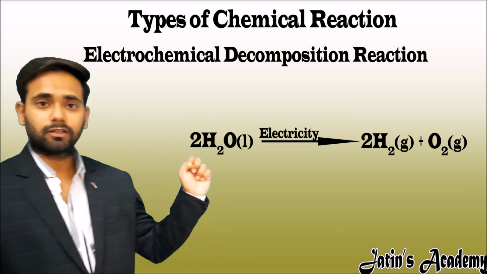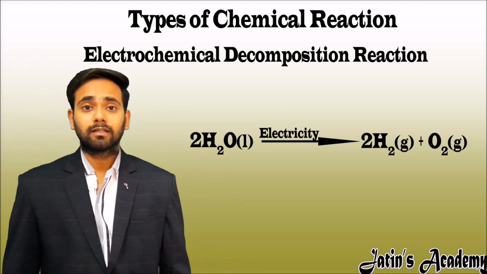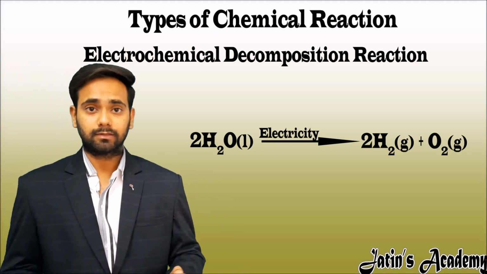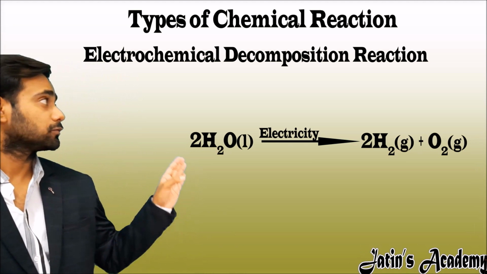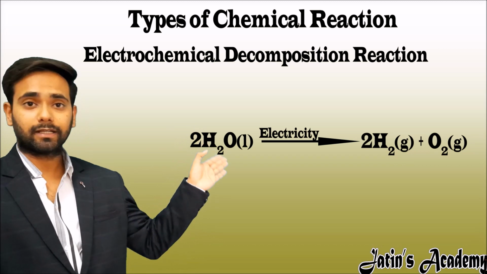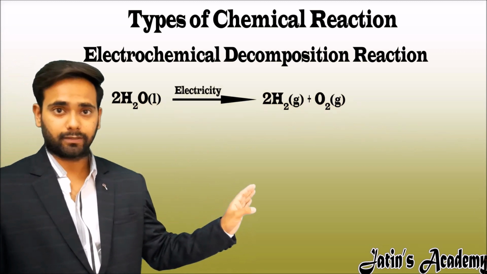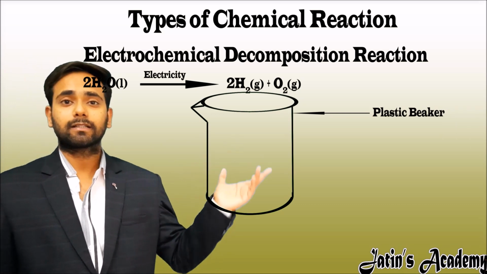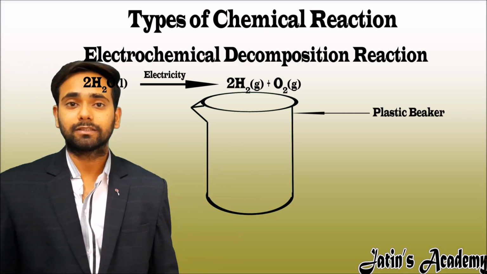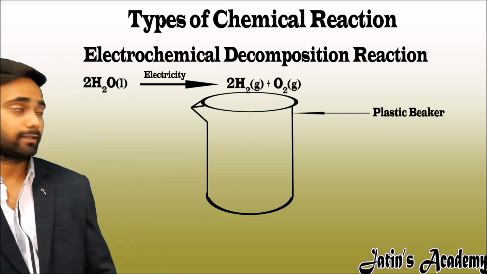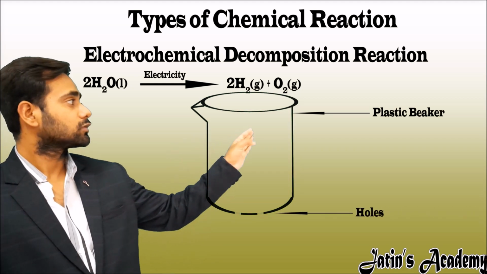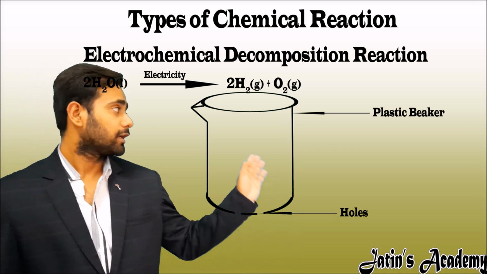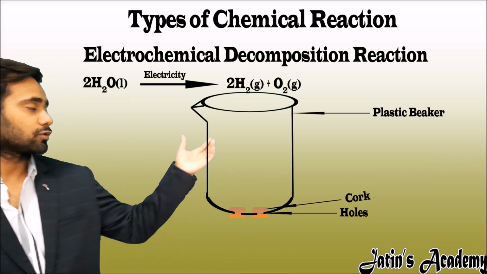Electrolysis of water is not an easy task. The whole process is done in an apparatus. So firstly we have to know the apparatus and each thing attached in it. Here there is a plastic beaker. Why do we take a plastic beaker? Because it is easy to make holes in the plastic beaker. There are two holes on the bottom of the plastic beaker, and to avoid leakage we put two stoppers,